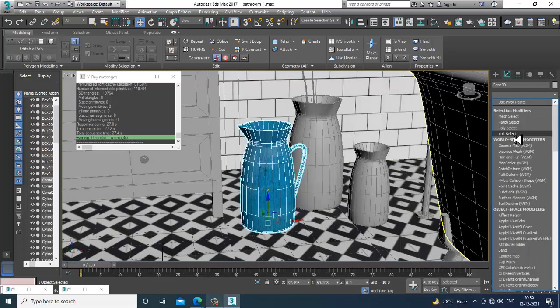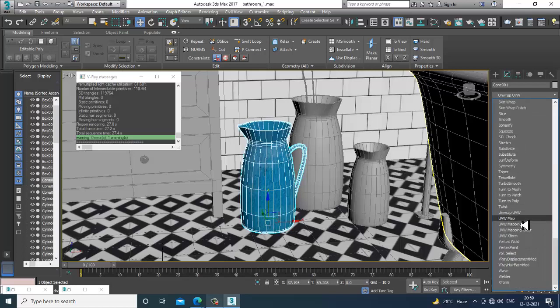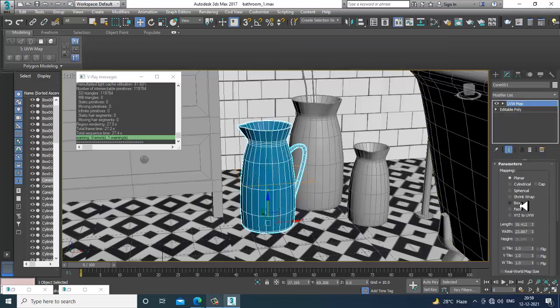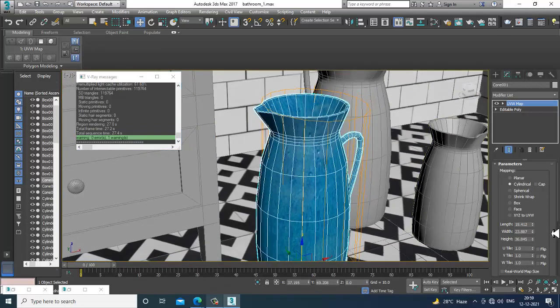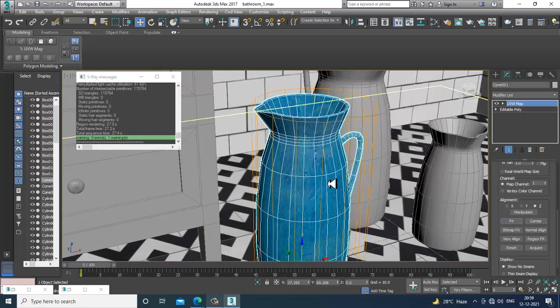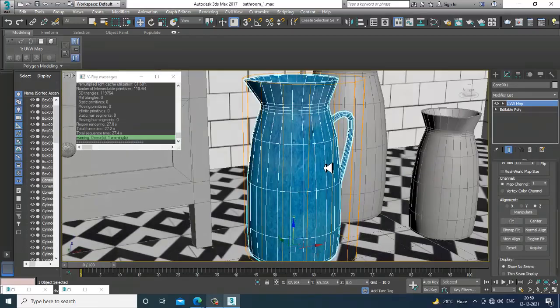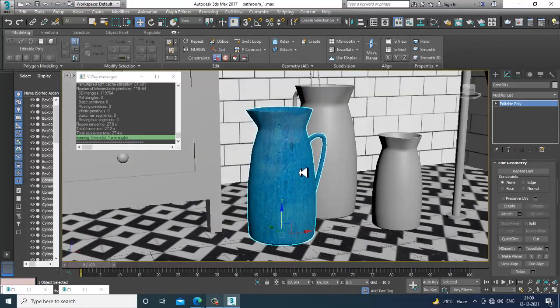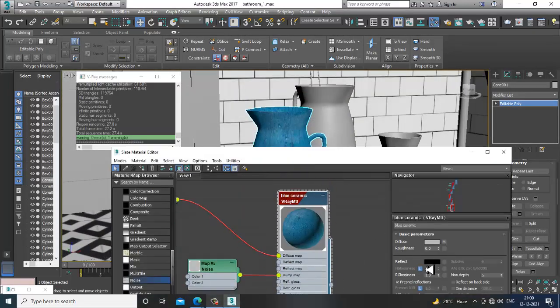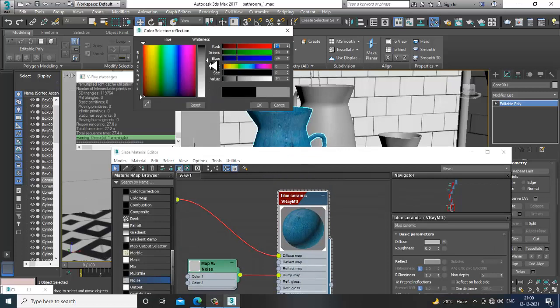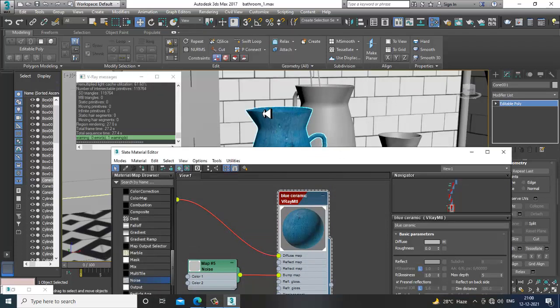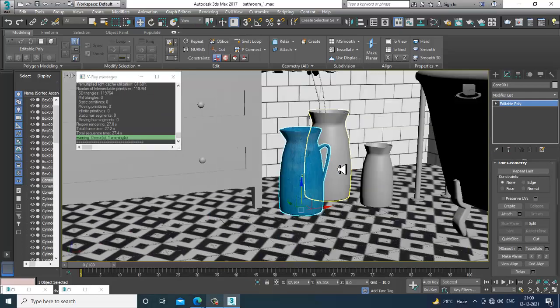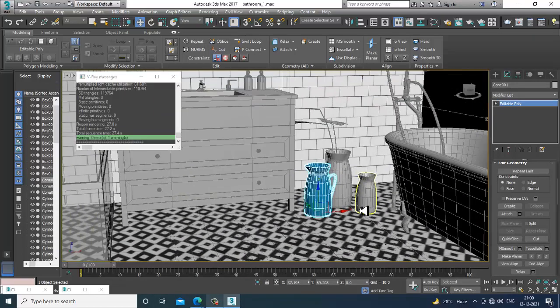Let's go into the modifier list, give a UVW map and set it as a cylinder, and fit that perfectly. Convert to editable poly. If you want to unwrap it, you can easily unwrap that element. And if it is a ceramic material, you need to give a bit of reflections, because when light hits, it gets diverted.